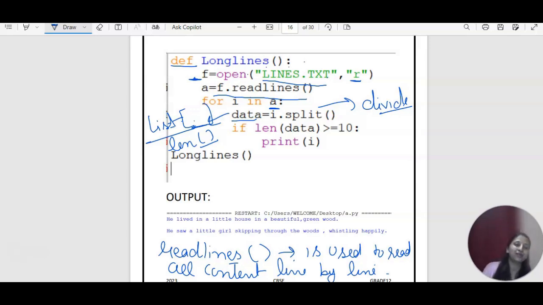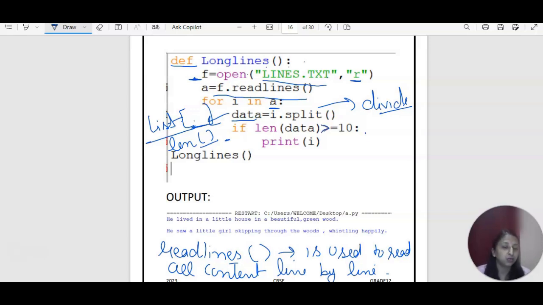So everything should be clear to you, right? The split function is going to return a value of list type. If you are using the partition function, the partition function will return the result in tuple form. So all those concepts should be clear to you. We are finding the length of this data, which has all the elements, and those elements are nothing but the words present in it.